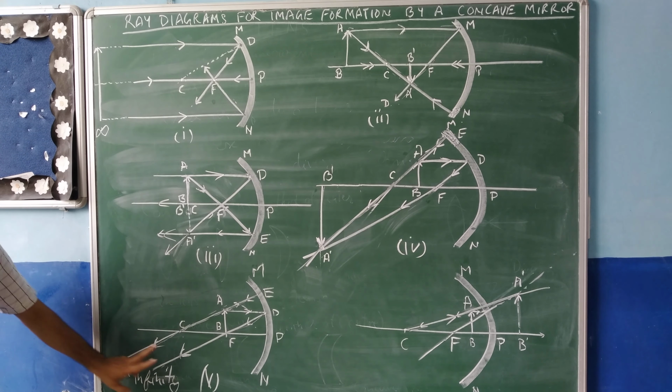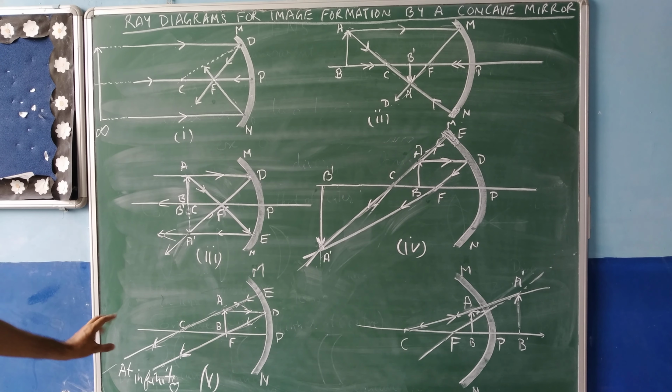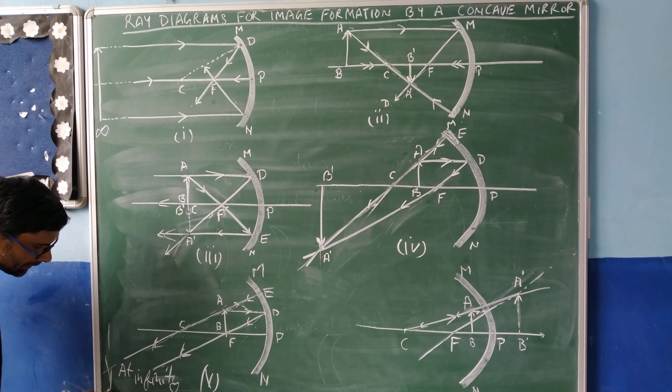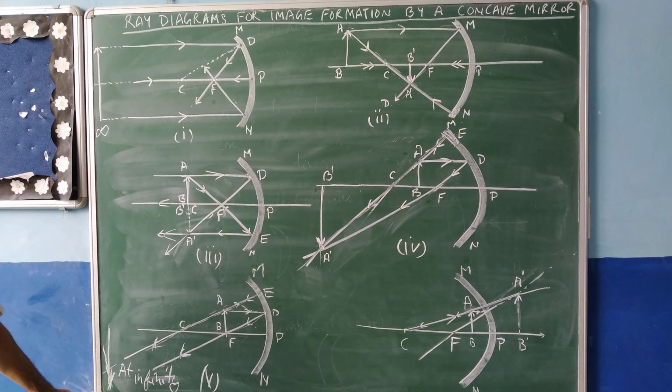Now look at these two rays. These two rays are approximately parallel rays. Parallel, therefore the image formation will be at infinity. They will not meet. Parallel rays do not meet, but they are assumed to meet at infinity. Therefore, the image will be drawn at infinity, and the image will be inverted, real, and the size will be highly enlarged. Position will be at infinity.